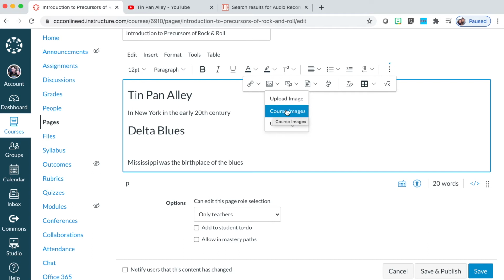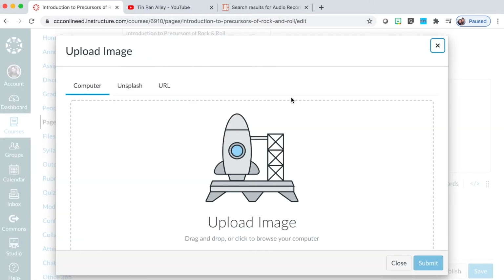You'll just click there and you'll be able to access the images you already have. I'm starting with uploading the image, so I will select that option. So now I have this prompt to upload the image, and I can either drag and drop or click and browse whatever image files I have in this particular computer.